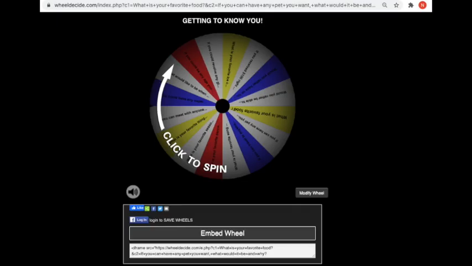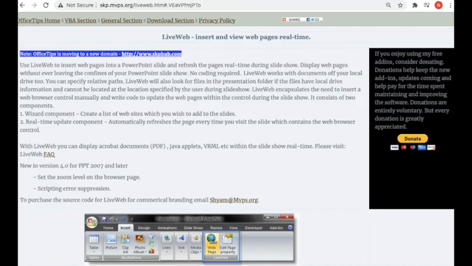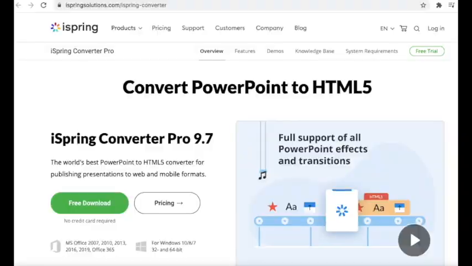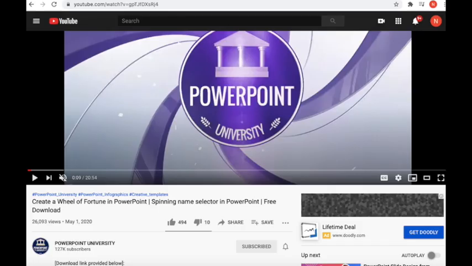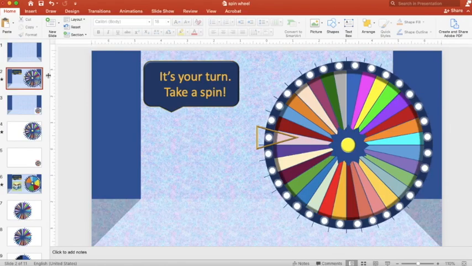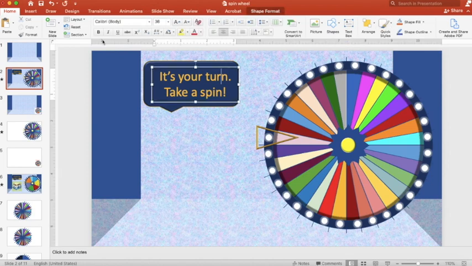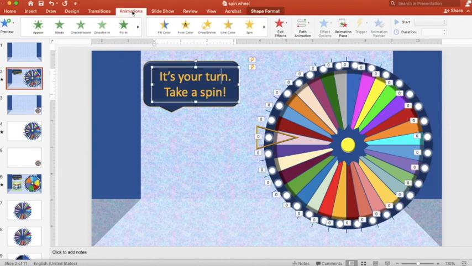So then I tried the embed link from Wheel Decide, but I realized that you need to download third-party apps like this to embed any HTML in PowerPoint. So instead, I followed this YouTube tutorial from PowerPoint University on how to make a spinner in PowerPoint, not Google Slides. So following the 20-minute tutorial, which took me hours, I came up with this, the spinning wheel, which is